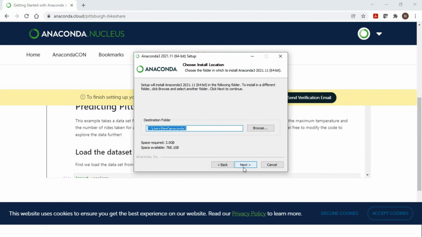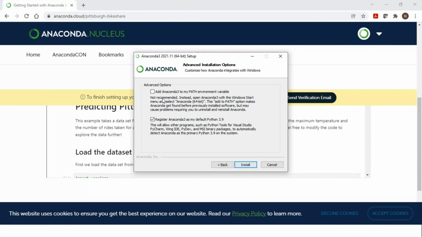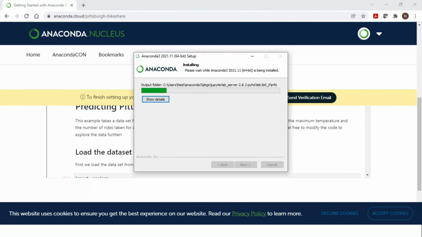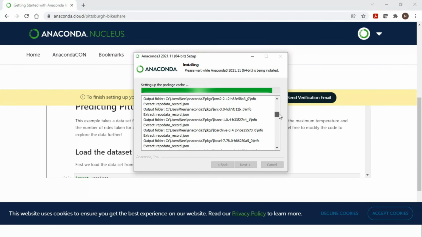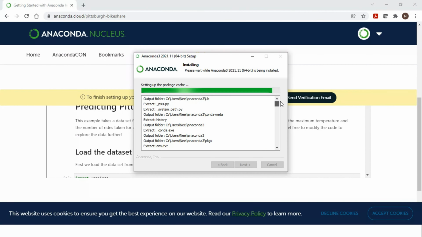As you can see, the space required is 3 GB, so just make sure you have the available space. This installation may take several minutes because, as you know, it is installing a lot of packages, Python packages and libraries pre-installed.